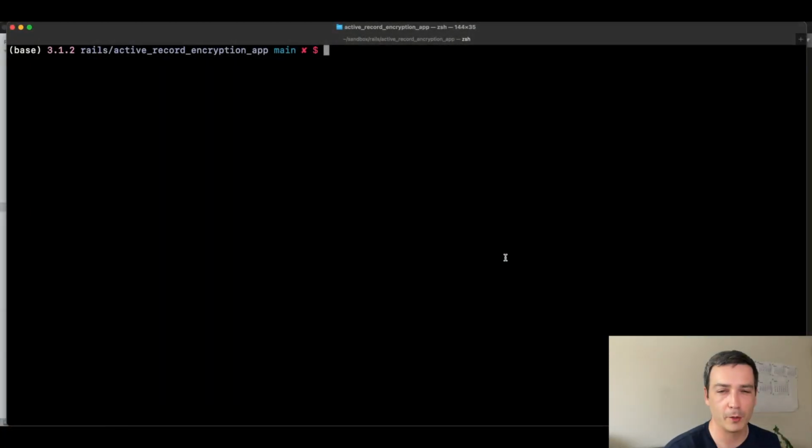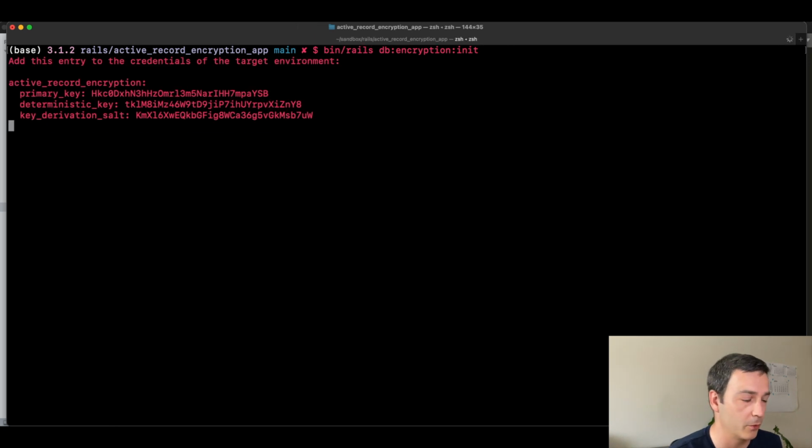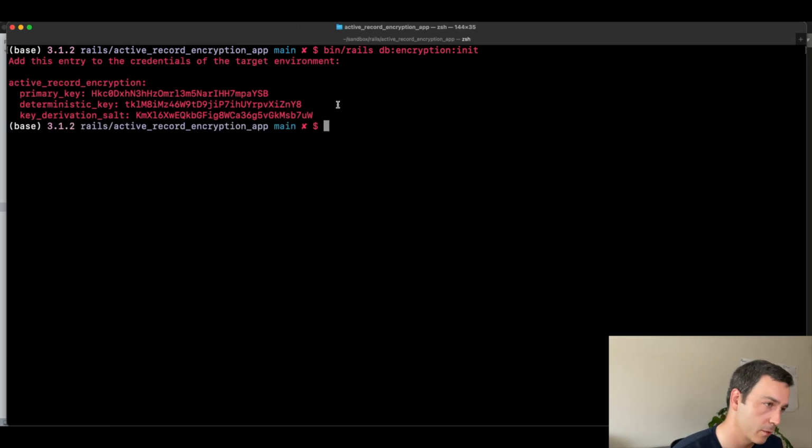So let's start by configuring Active Record Encryption, which by the way is super simple. The only thing you need to do is copy some keys into your credentials file. And on top of that, Active Record Encryption already has a command, which is rails db:encryption:init, which generates those keys for you. So the only thing you need to do is copy these keys here and enter them